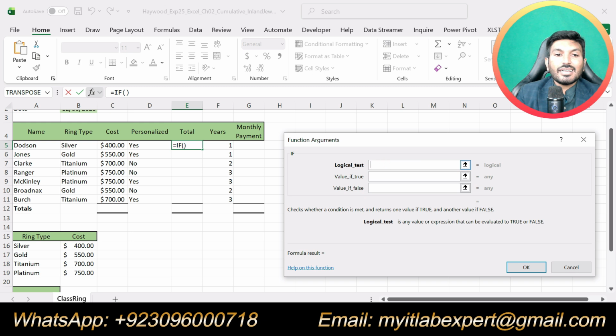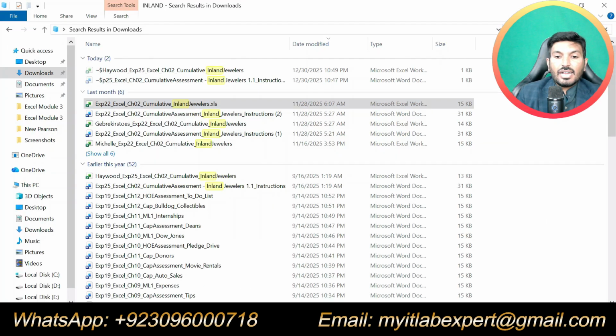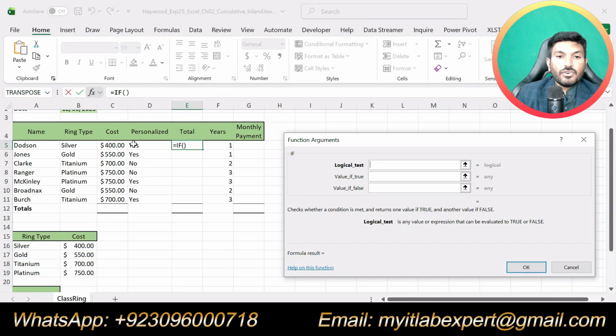So our logical test is, if the student has chosen to personalize the ring, that means if D5 is equal to yes, meaning either it is personalized or not personalized.